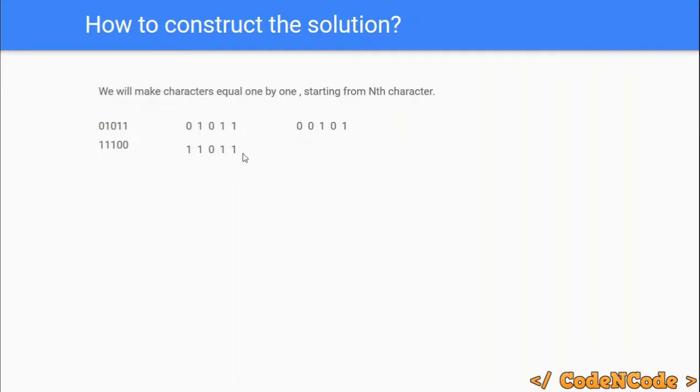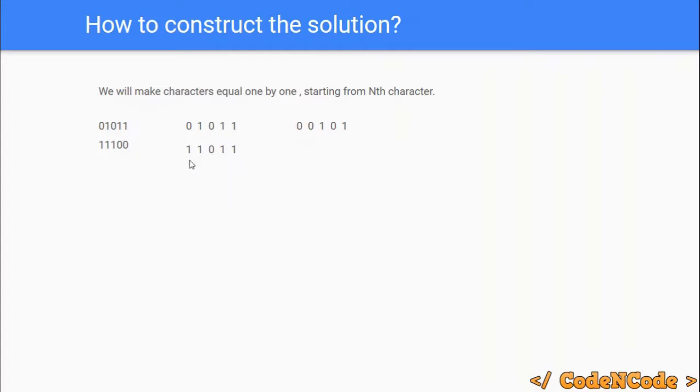Now I want to make the fifth character equal to 0. Whenever you check whether they are equal or not, the first character of string A is checked against the ith character of string B. Since the first character of A is not equal to the fifth character of B, and we are trying to make the fifth character of A equal to the fifth character of B,